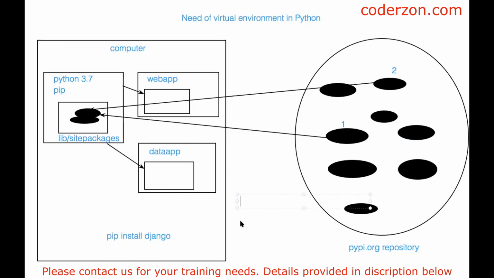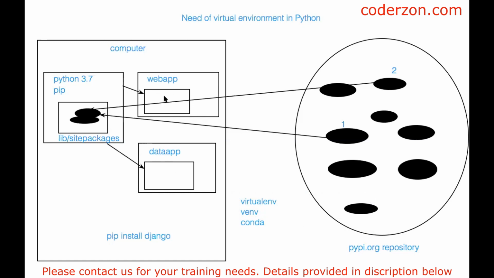Then you may be thinking how we can create a virtual environment in Python. For that, we can use virtualenv. That is one of the utilities you can install. Another one is venv, which is available with Python by default. And if you're using the Anaconda Python distribution, you can use the Conda package manager for managing different versions of packages. So there are utility tools available to create a virtual copy of Python for required projects.